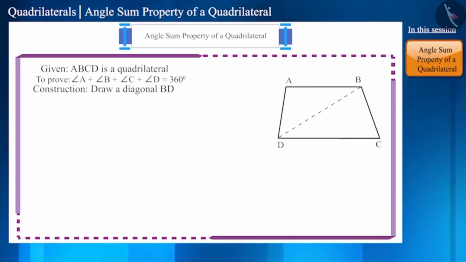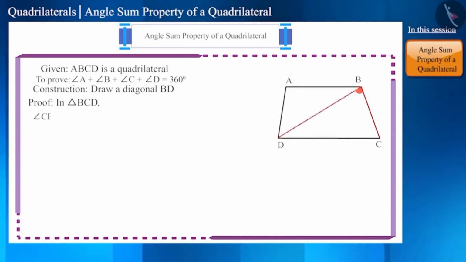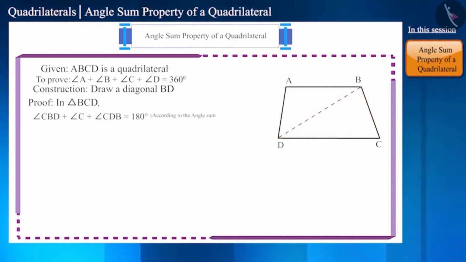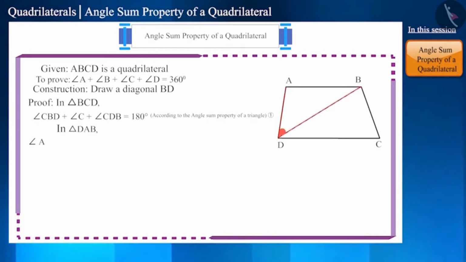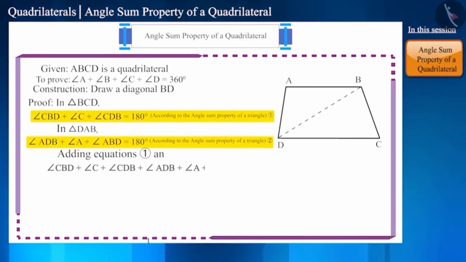You can draw either one of the diagonals AC or BD. Now we have two triangles, triangle BCD and triangle DAB. In triangle BCD, angle CBD plus angle C plus angle CDB equals 180 degrees, according to the angle sum property of a triangle. Similarly, in triangle DAB, angle ADB plus angle A plus angle ABD equals 180 degrees. Adding equations 1 and 2, we get